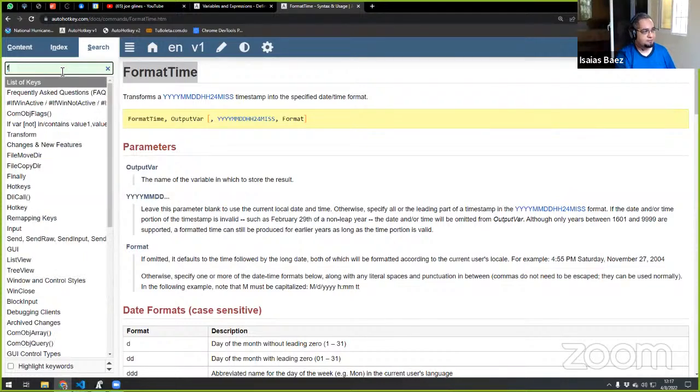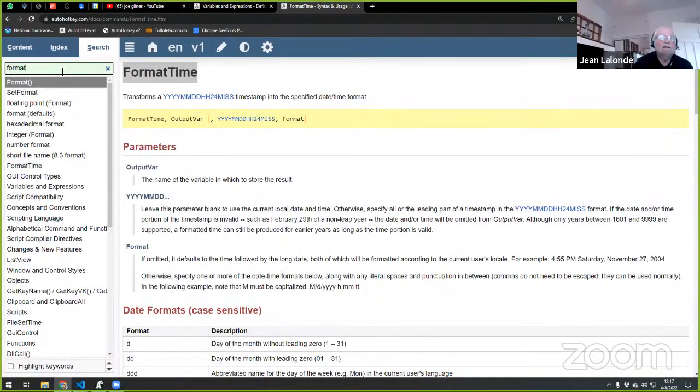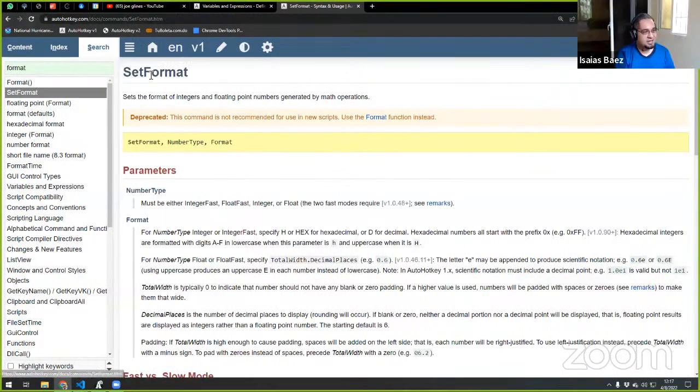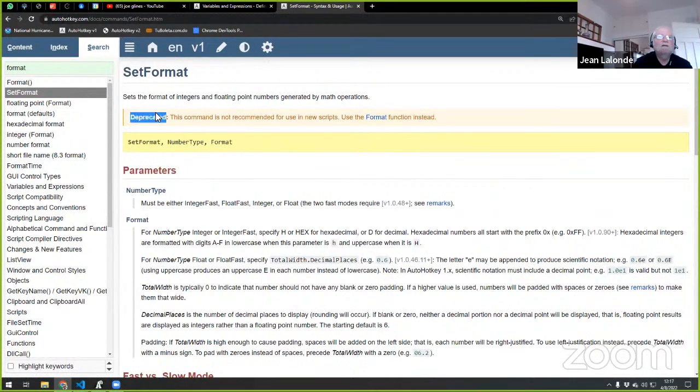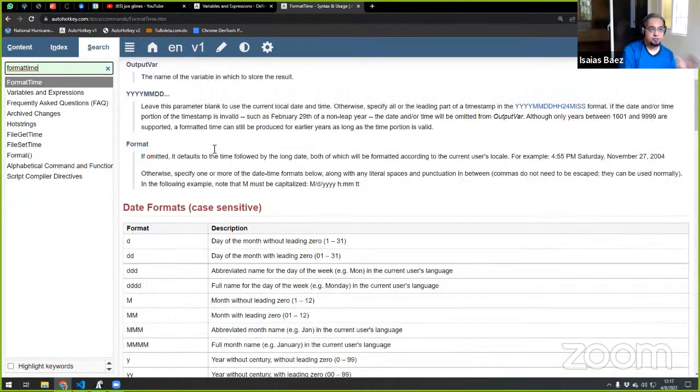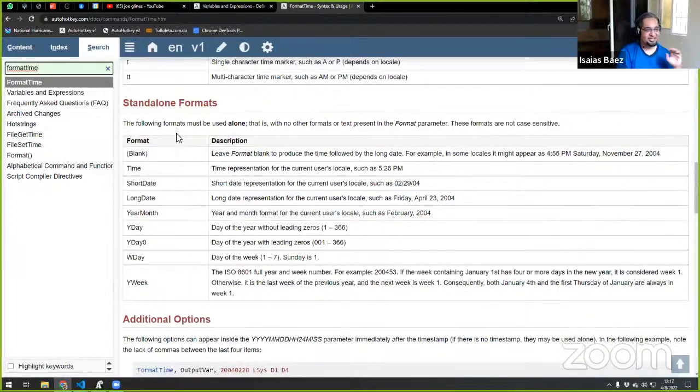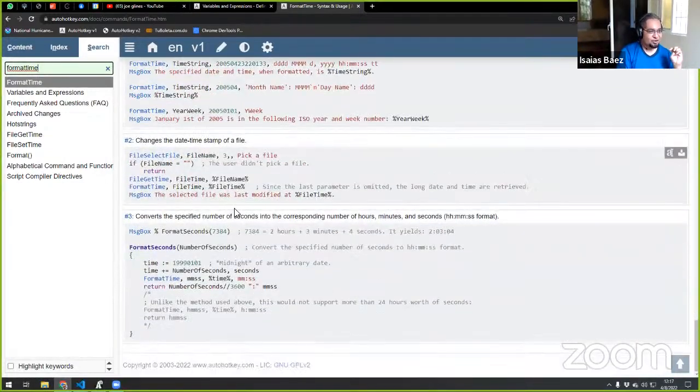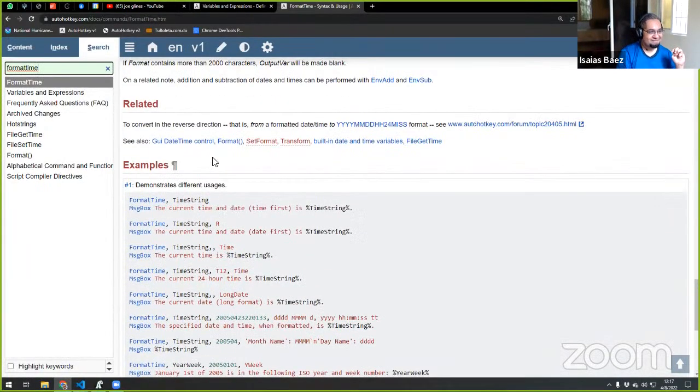The one that is deprecated is set format. This one is deprecated and is not supposed to be used anymore. Format time is different. This one is still there, and I don't think it's going to go away anytime soon.